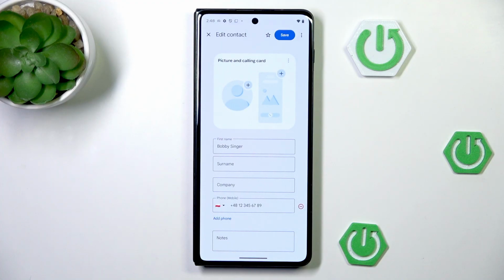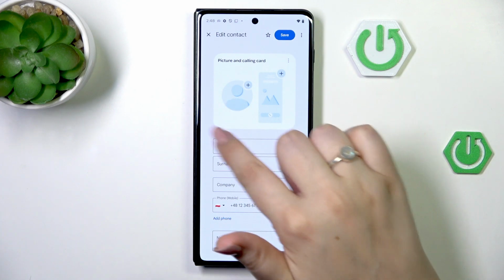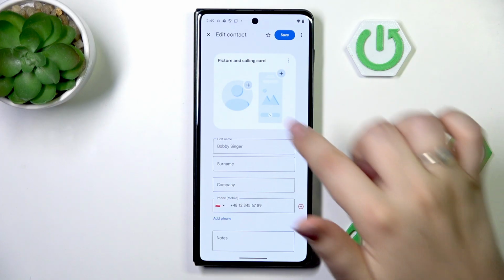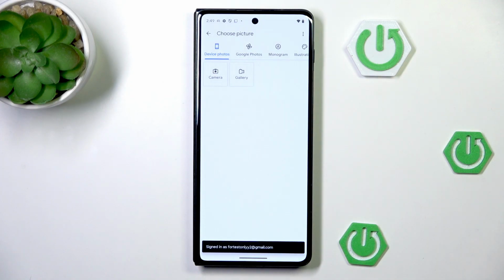So here we've got the division between the picture and calling card, and even though I will focus on the picture, I highly recommend to set the calling card. Also, basically you will change the background of the incoming call screen, thanks to which you can customize the contact even more. But as I said, I will focus on the picture, so let's just tap on the circle here,